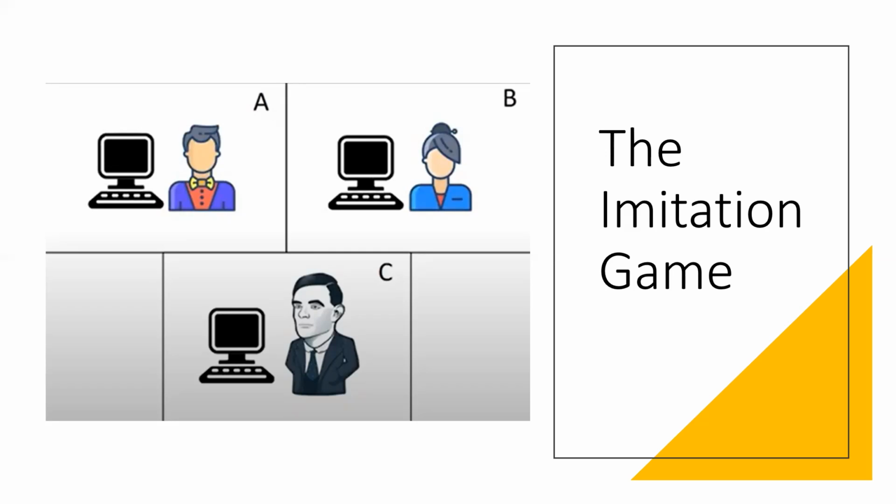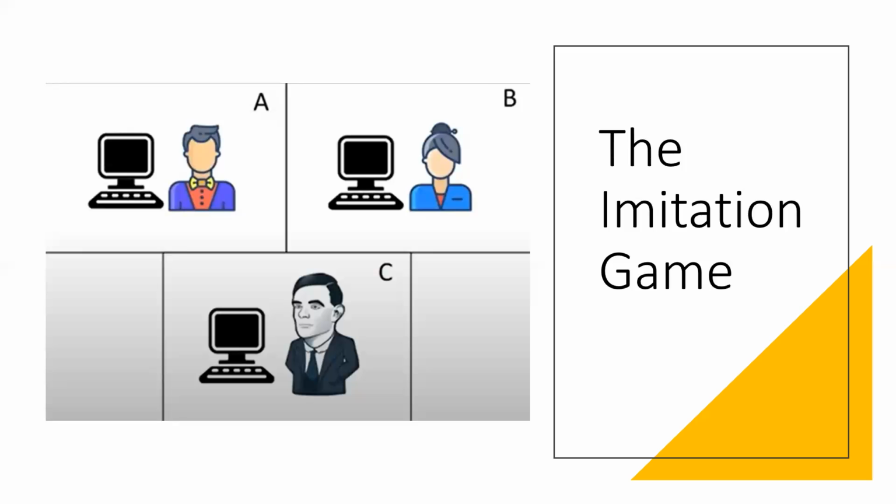A's objective in the game is to try and cause C to make the wrong identification. The objective of the game for the third player, B, is to help the interrogator. The interrogator asks questions like, will X please tell me the length of his or her hair? Both of them can give similar remarks such as, I am the woman, don't listen to him, and such conditions may arise. And we can also ask a similar question: what will happen when a machine takes the part of A in this game,